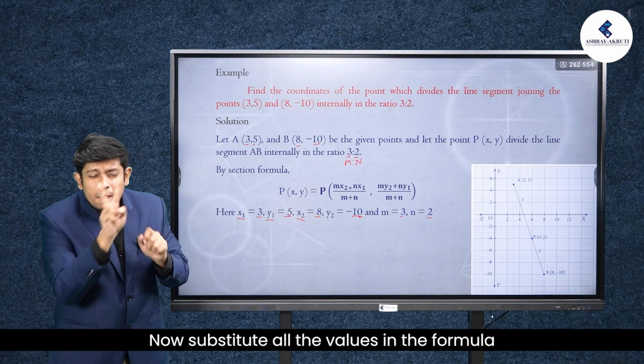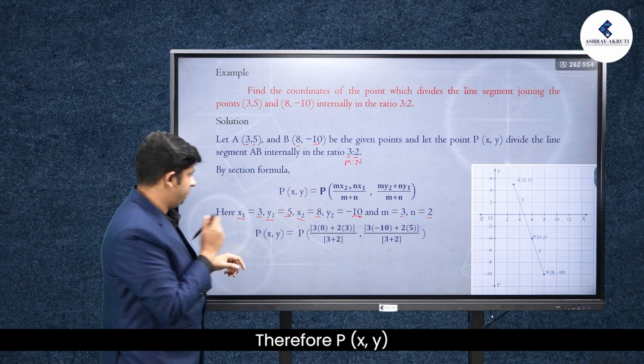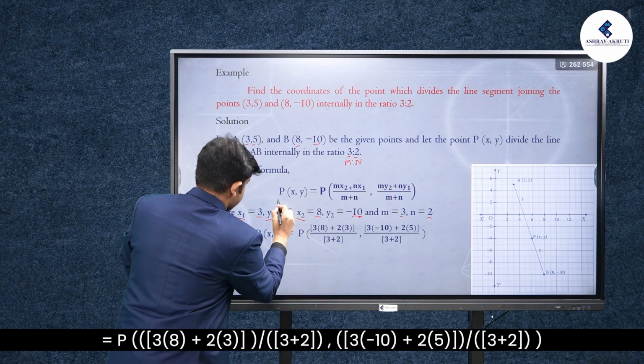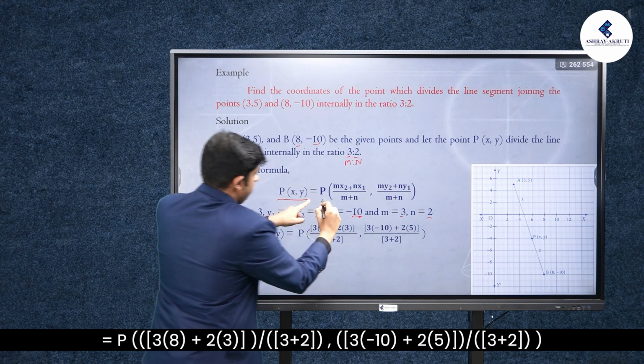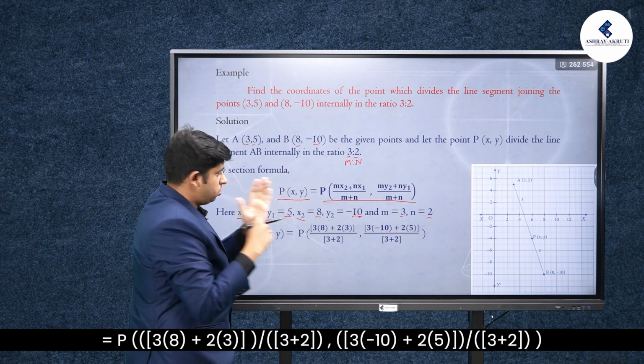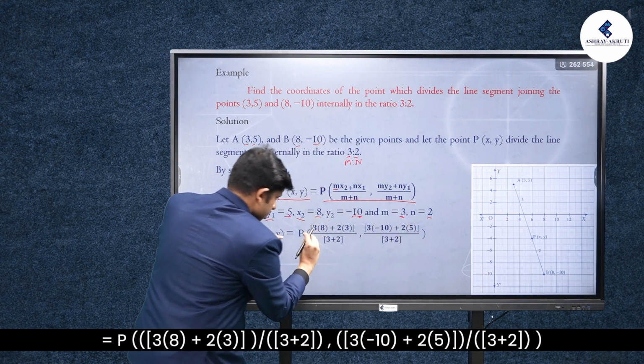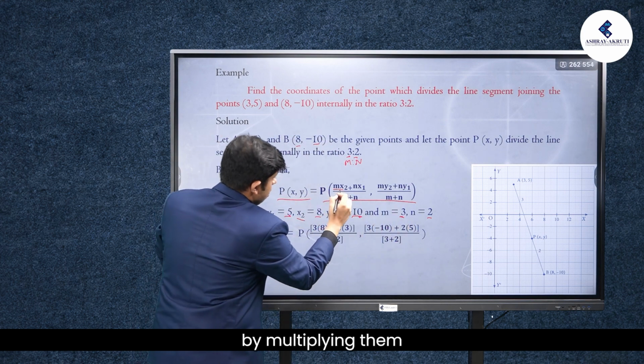Now substitute all the values in the formula. Therefore, P of x, y is equal to P of (3 into 8 plus 2 into 3) by (3 plus 2), comma (3 into minus 10 plus 2 into 5) by (3 plus 2). By multiplying them,